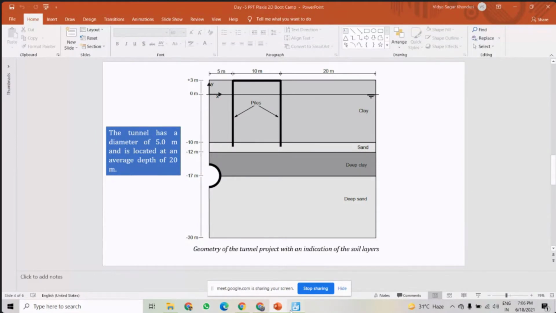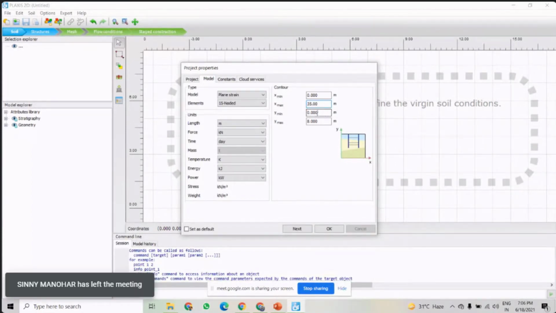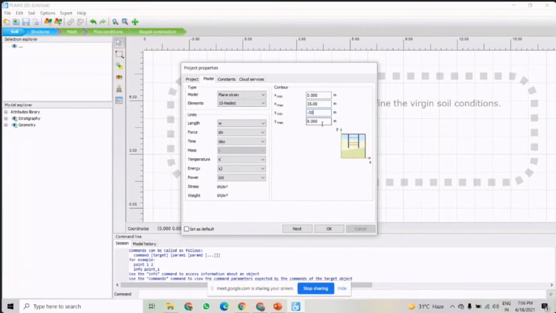Then we'll put x minimum 0, x maximum 35, y minimum minus 30, and y maximum 3. Now it will be created here.